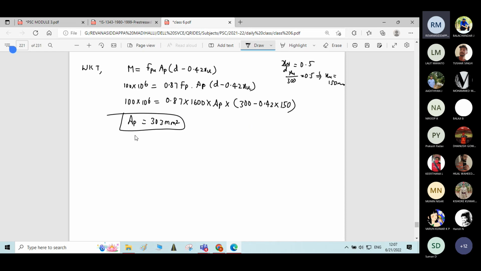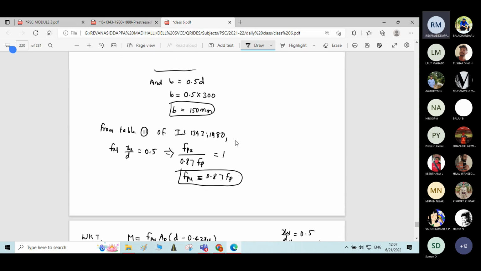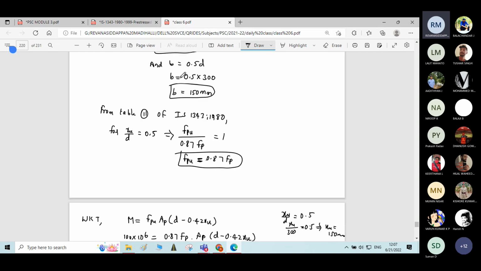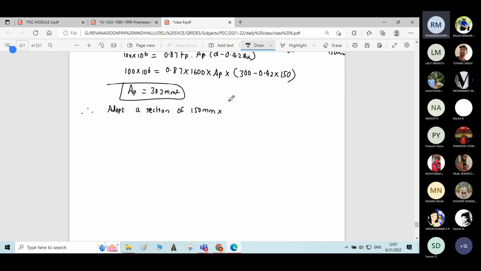Okay, so this completes the design. Therefore, finally you write a sentence: adopt a section of 150 mm by, what is the effective depth we have chosen? Effective depth we have chosen as 300 mm. So there should be some effective cover. If you assume effective cover as 50 mm, so 300 plus 50, you will get 350 mm as overall depth. So let me write here as 350 mm